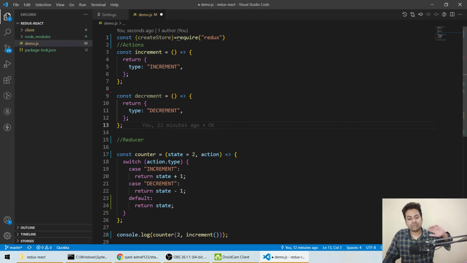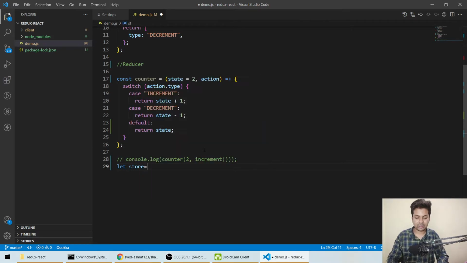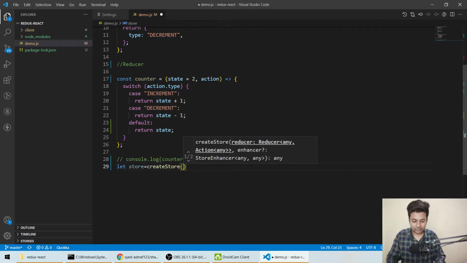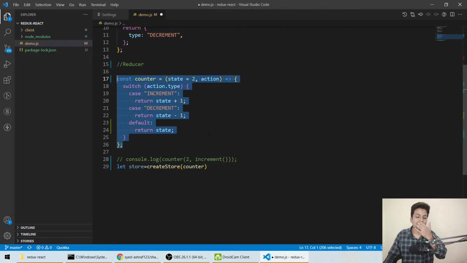But if I'm doing something in action, you'll be confused how the data is flowing. You can just switch back to this demo page and check it. Firstly we are calling action, then the reducer part is working, then in the store we are storing the value. Okay, so we'll say create store, and here we'll make a store. Let me just comment it out for you so you can use it again. So we'll say let store equals to create store counter. So I have told you counter is a store, every value of counter will be saved in a store.